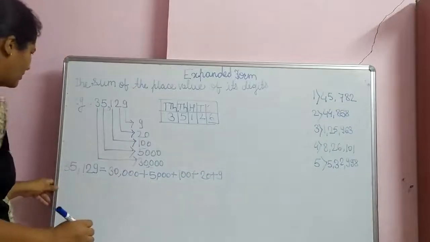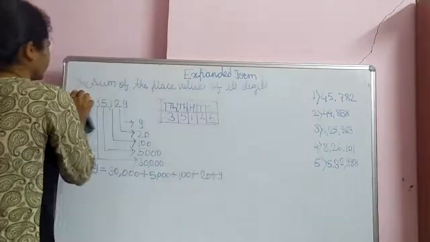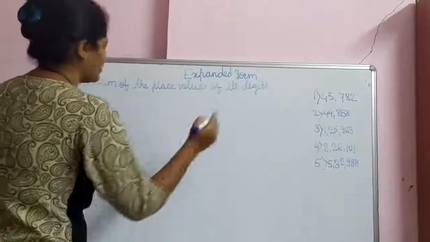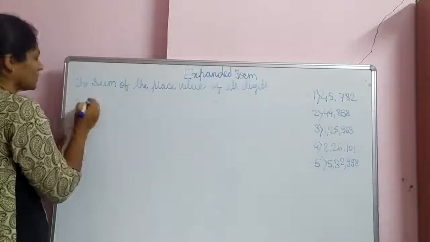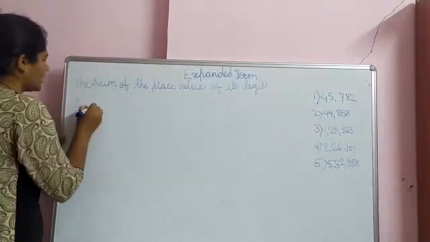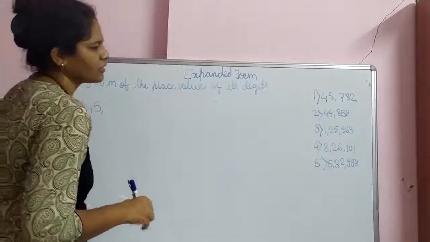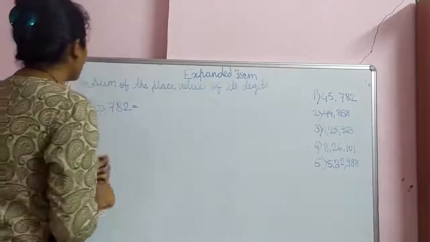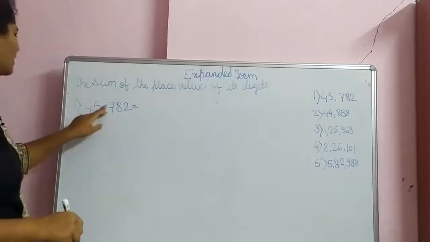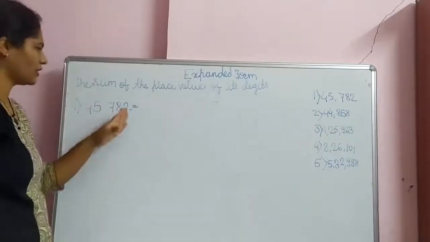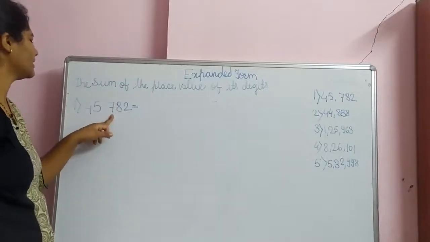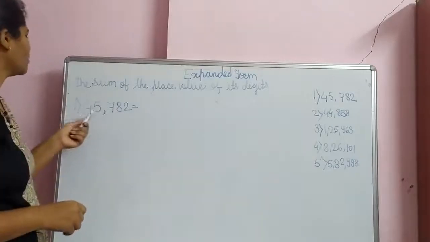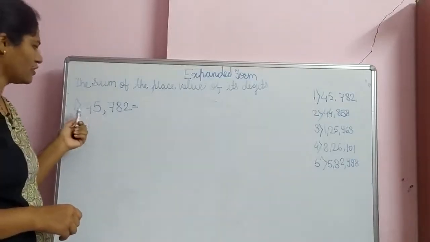Again we see one more example. So we see our next example. So first example, what is example? Example is 45,782. So firstly, what we have to do? Firstly, we will regroup it. How to group? We start counting from a right side. That is a 1, 2 and 3. So here give comma, and next there is a need to regrouping. No, because here two places are there. So no need of it.